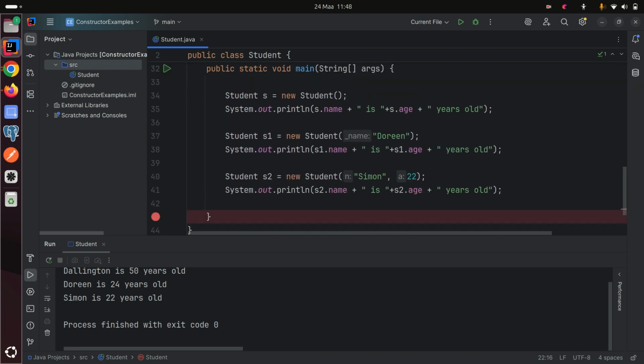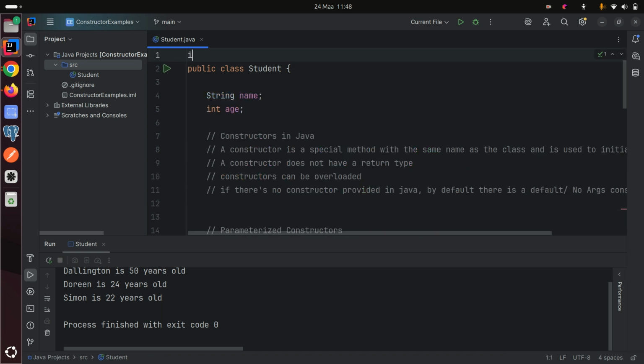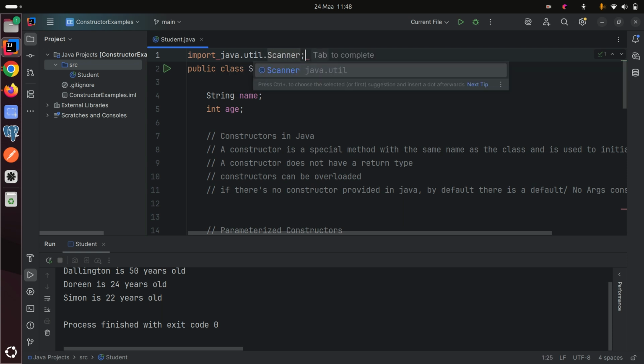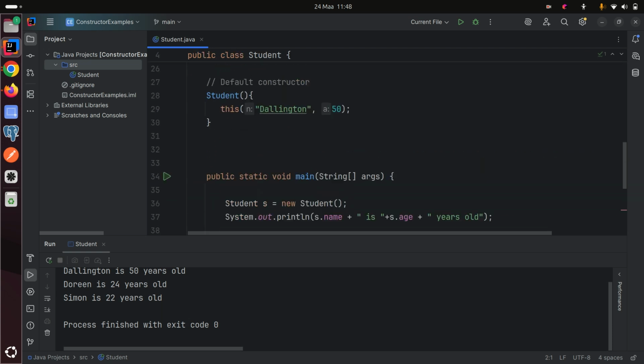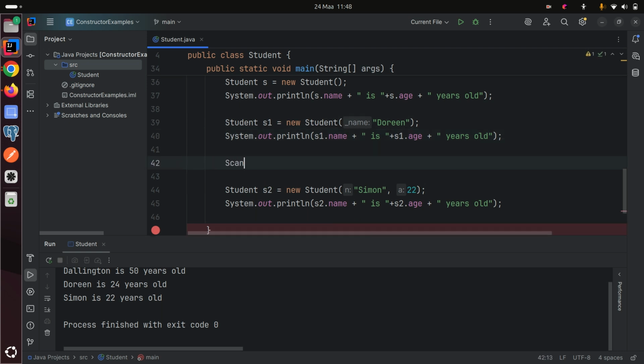Any questions? So if you want, you can actually use the scanner to pass these variables. For example, since you guys are very familiar, just a quick one. I never wanted to go this far. Java.util.Scanner class, because the Scanner class is the one which is going to help you to capture input. So here, instead of hard coding these values, the Dorian, the Simon, you can use the Scanner class to get input. So you can say input equals new Scanner,